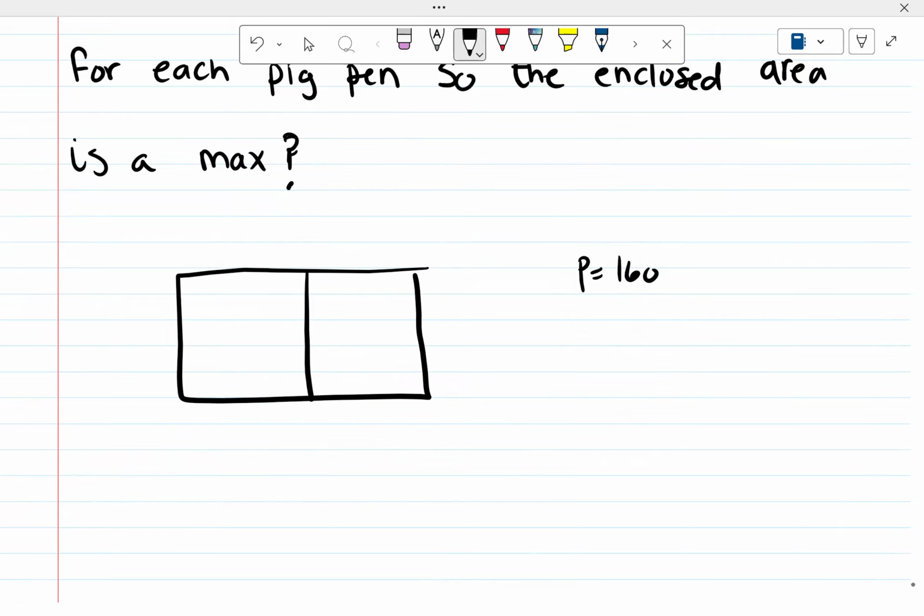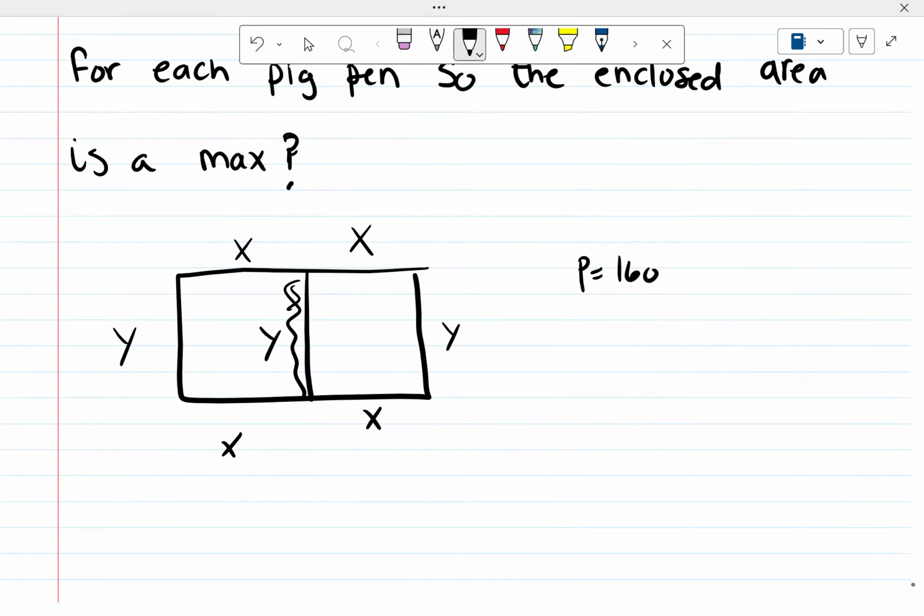So let's say this dimension is x, this dimension is x, this dimension is y. So it looks like two squares, and squares, all sides are congruent. So this would be x as well, and then this would be length y,